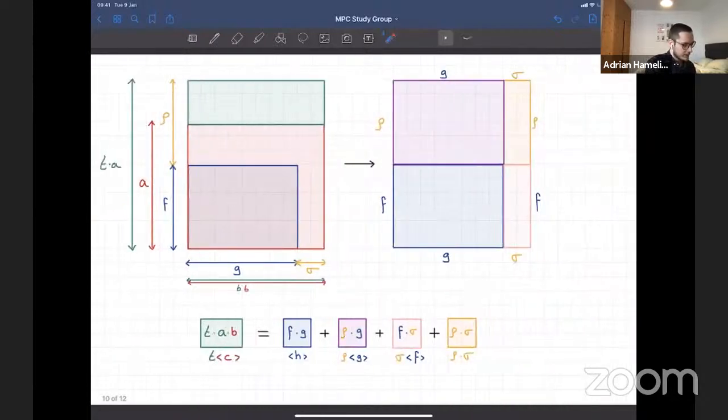So to go over the verification check I did, the idea is you want to verify that a times b